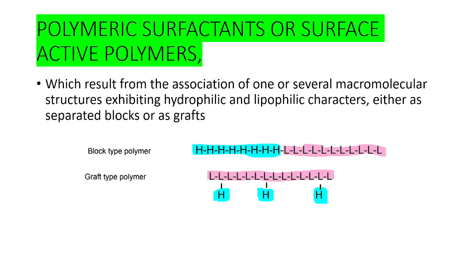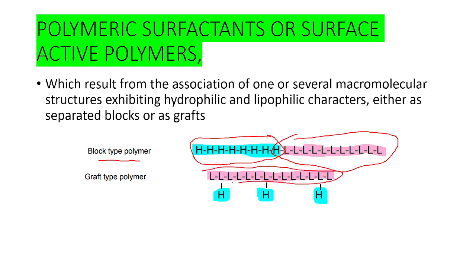Now the topic is polymeric surfactants. Also we can call it surface active polymers. These polymeric surfactants are of two types. Number one is block type. In the block type, there is one block of hydrophilic polymer and another block of lipophilic polymer. But in the graft type, there is one layer of lipophilic polymer, to which we can